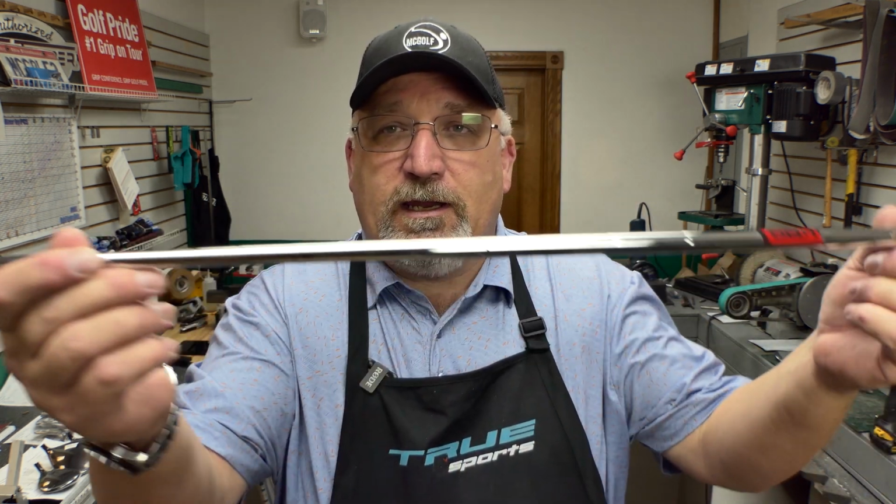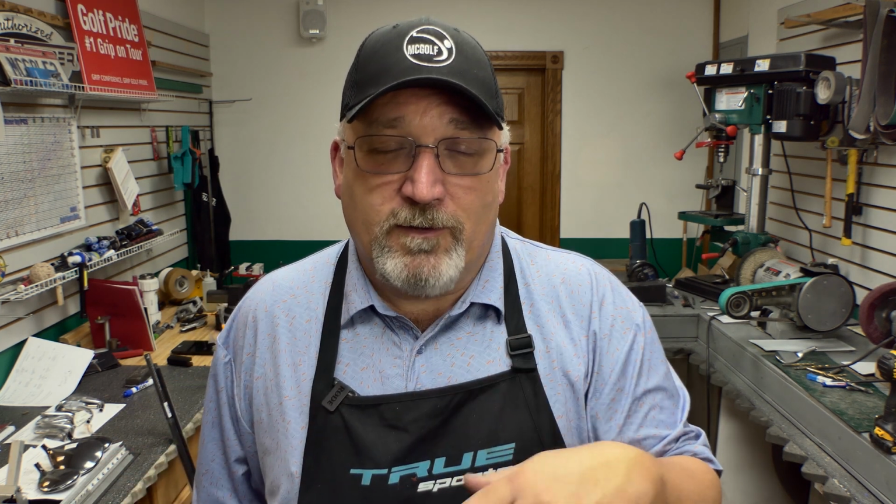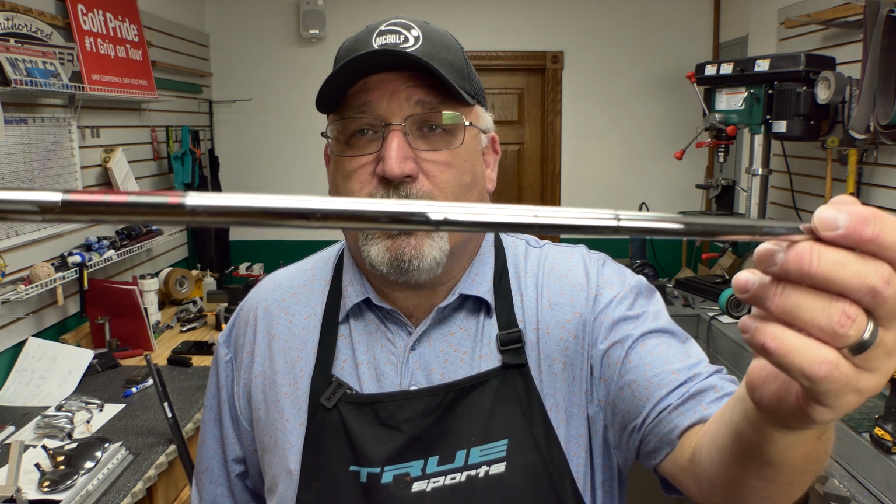Now, I did one earlier on how to swing weight clubs. I'll put it up in here. And it was just how to put the tips in and that kind of stuff. But this is more from a fitting, assembly, knowing what you're looking at kind of setup. Do you really need D6? Do you really need D or B0 or whatever? Something extraordinarily light. So if I put a piece of rebar in here and somebody says, well, I need it to be